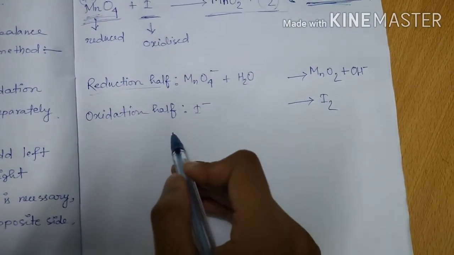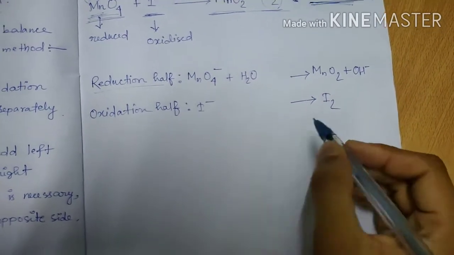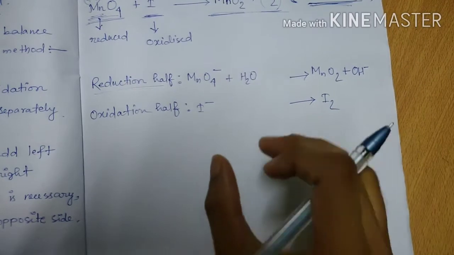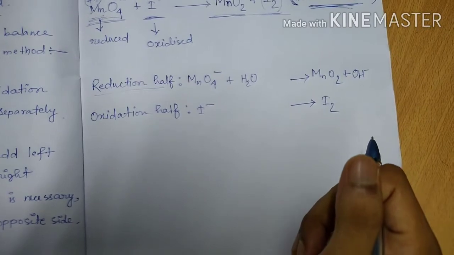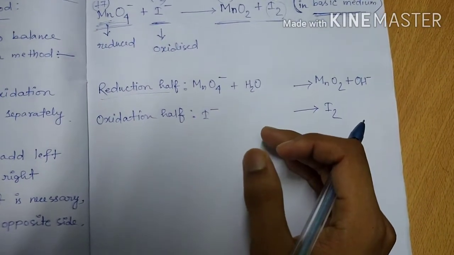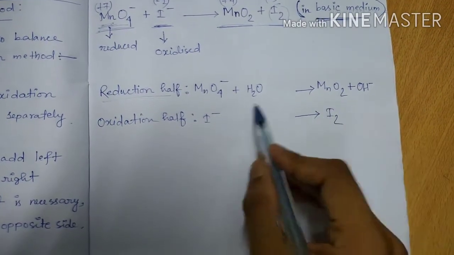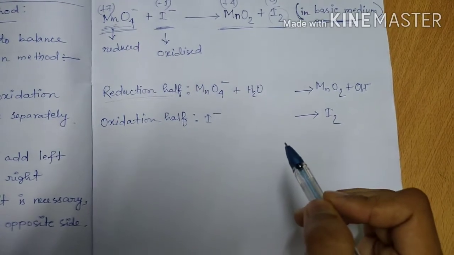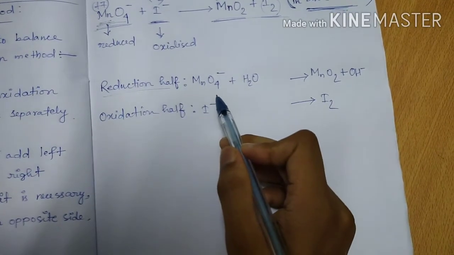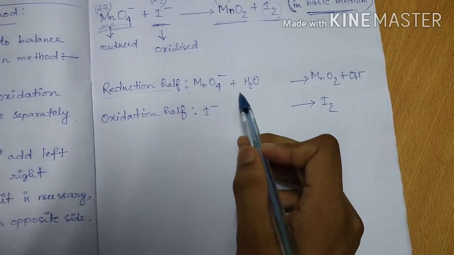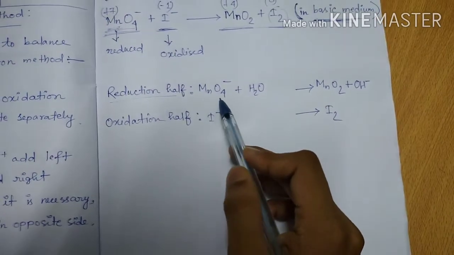In the oxidation half we don't need to add OH negative, because it is not necessary; only the iodine atom is present on both sides. Now we have to balance the number of each atom on both sides. You see, the number of oxygen atoms on the left side, that is, in the reactant form, is